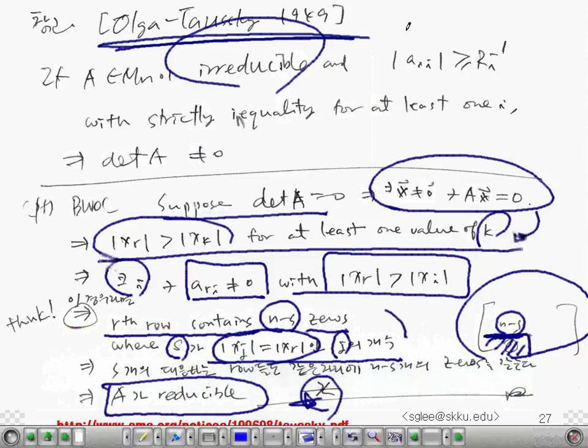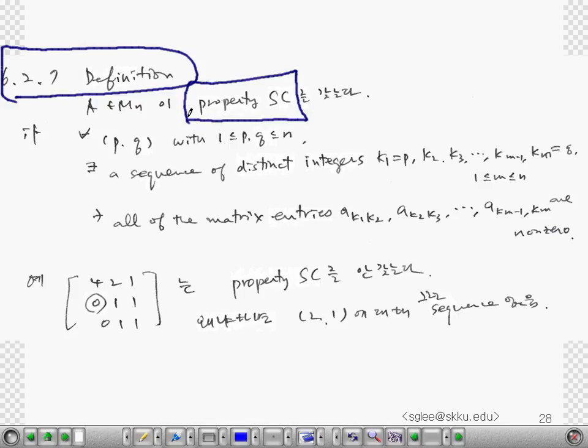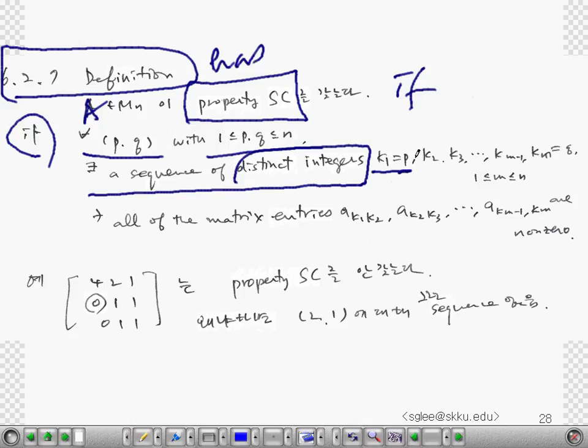It's the proof for the generalization of the Gershgorin theorem. Okay, the research was not done there. They continued the work on the location of eigenvalues. So they defined the new property SC. It's sometimes called strongly connected in the graph, but in the matrix it is called property SC. We say A has property SC if for arbitrary p and q between 1 and n, there is a sequence of distinct integers starting from k1 equal to p and ending at q,